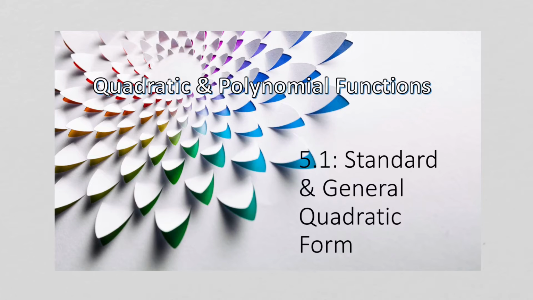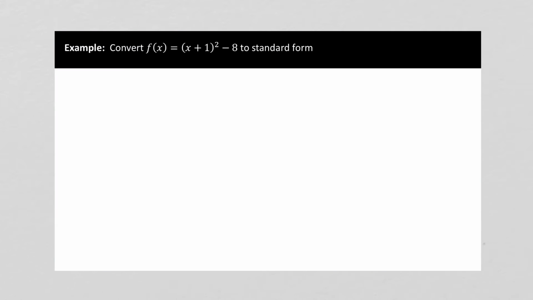This chapter is going to start off with quadratic functions and then move on to polynomial functions. So the first section we're looking at mainly switching back and forth between standard and general quadratic form. So let's say we have f of x equals (x plus 1) squared minus 8, and we want to change it into standard form. Now standard form is